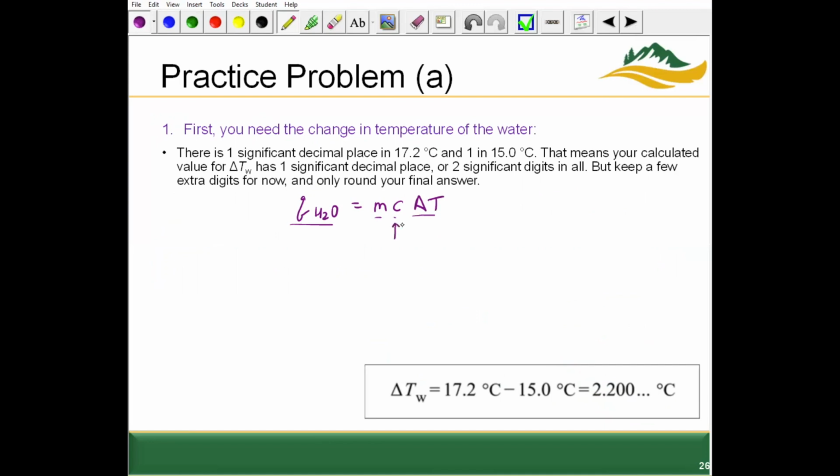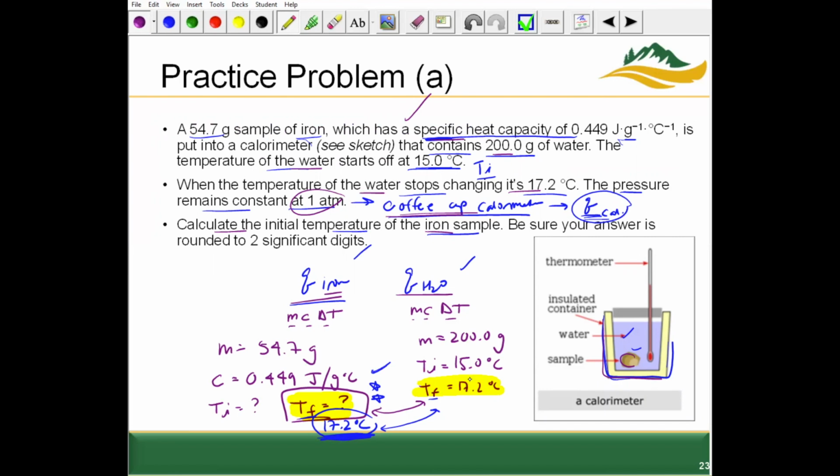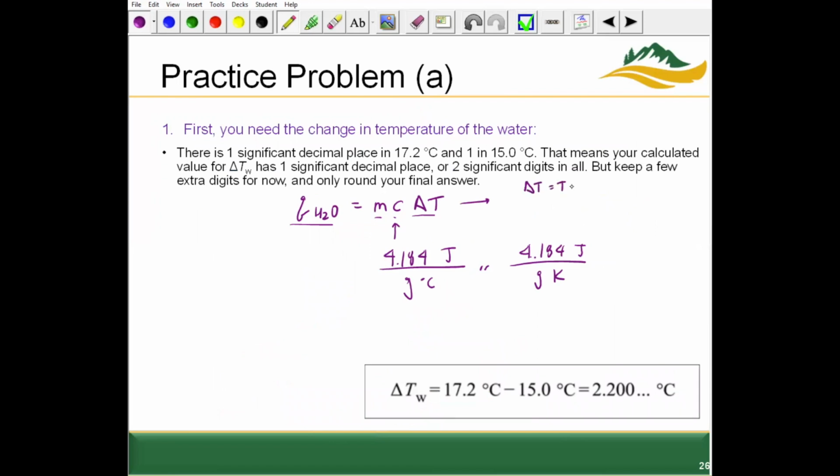We know the specific heat capacity of water is 4.184 joules per gram degrees C, or 4.184 joules per gram Kelvin. We also know the water starts out at 15 degrees Celsius, then goes to 17.2 degrees Celsius. We also have the mass of 200 grams. So delta T is T final minus T initial. We can plug in 17.2 degrees C for T final and 15.0 degrees C for T initial. That delta T comes out to